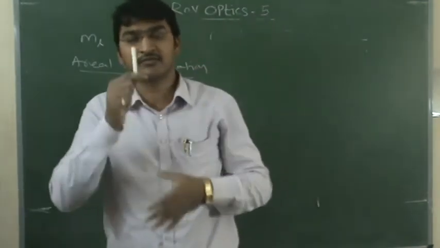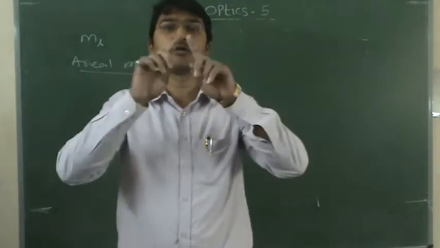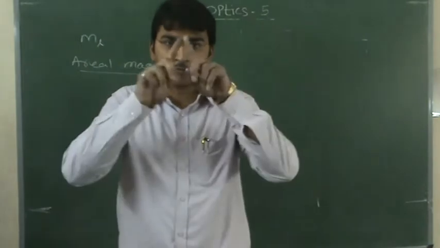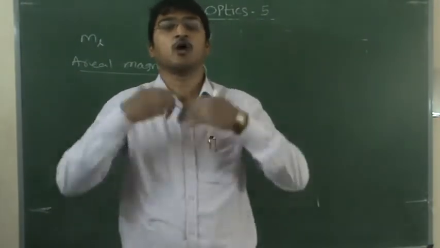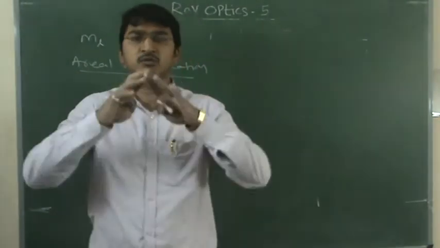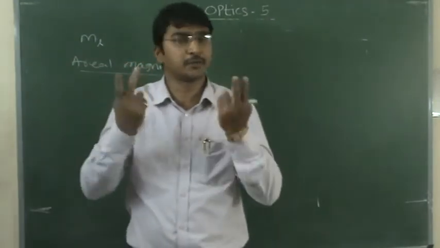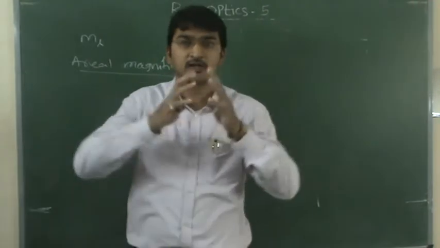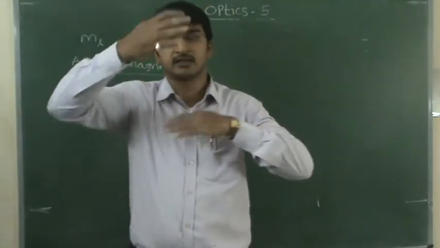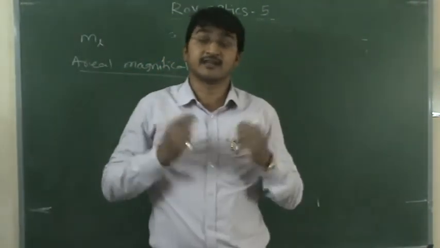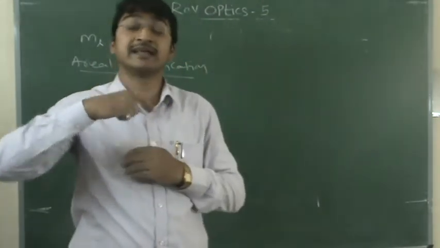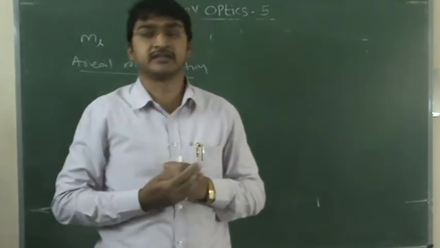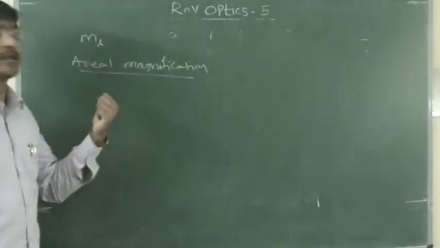Instead of linear bodies, if I take one square or one plate, then how does it appear? The square has area, a two-dimensional body. So the image is also enlarged along the area, that means in both length and breadth. So in that case, the area increased. So how to find the magnification of that area? That is called aerial magnification.